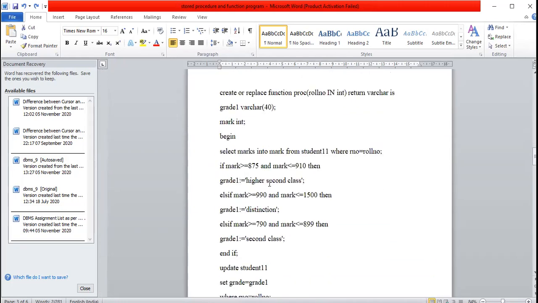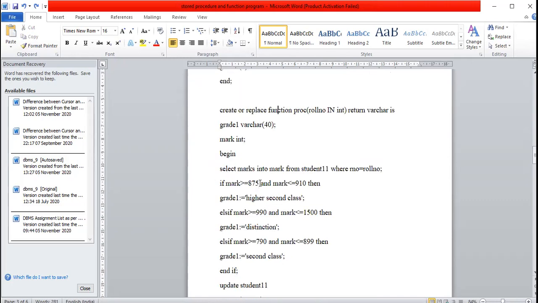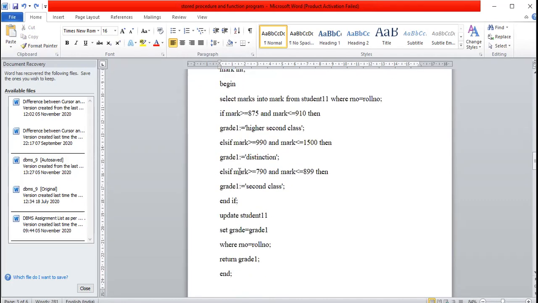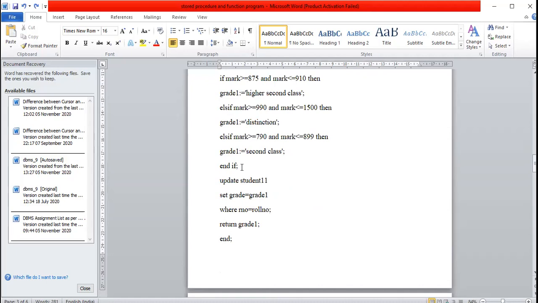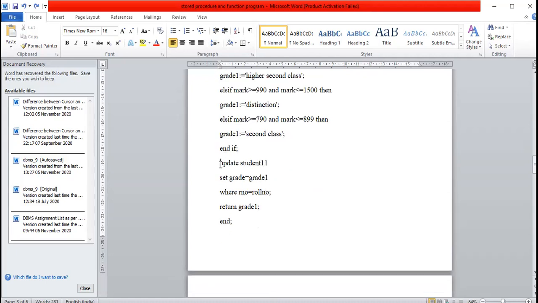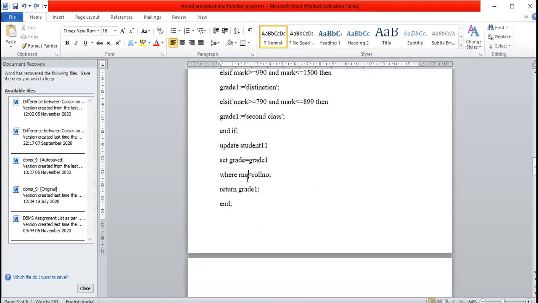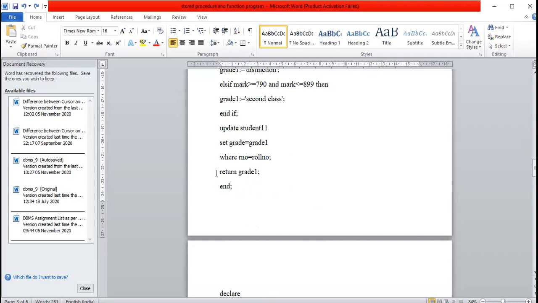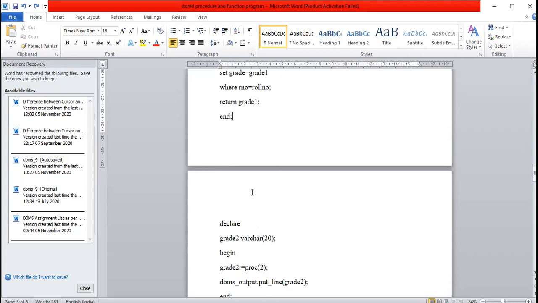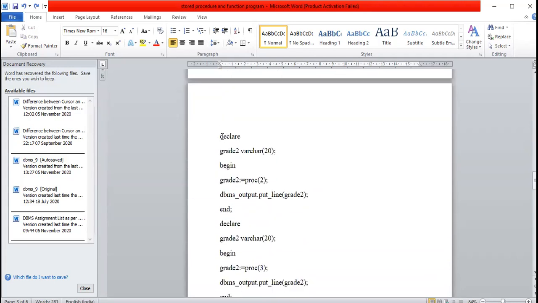But a function does not have the functionality for DML operations. So initially we only calculate the grade and close the function, and after that we update at the last: update student 11 set grade equal to grade 1 where r number equals roll number, and return the grade 1 value.